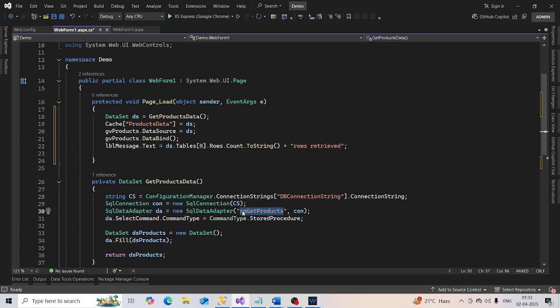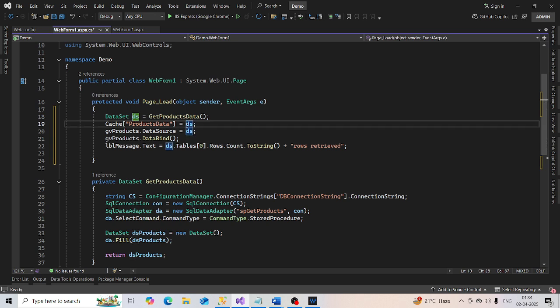Whatever data we have got back, we are storing the data in a data set, and then we are basically caching the data set